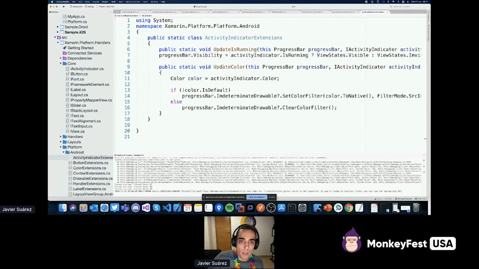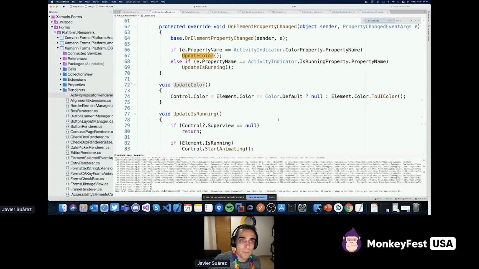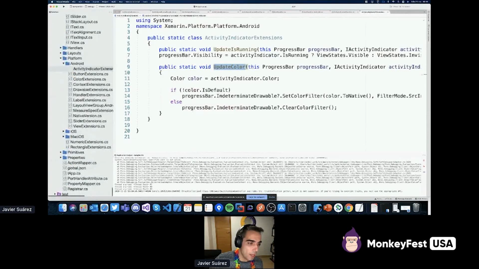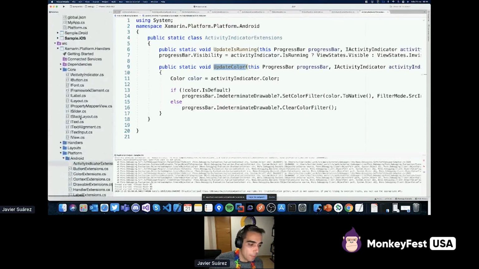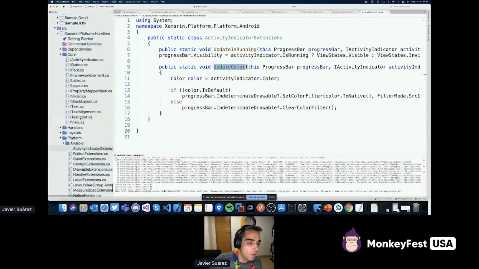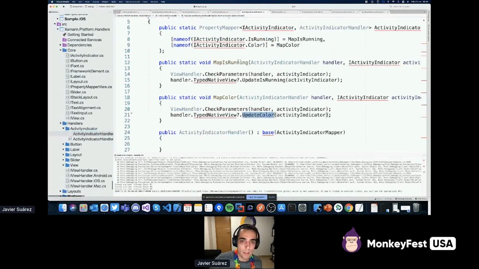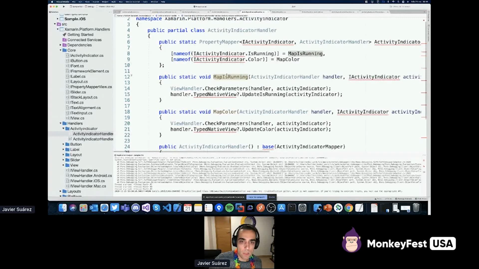So if you take a look at what I have here in update color, if I go to the activity indicator renderer, we are doing exactly the same that we are doing here in update is running and update color. We are moving that to these extension methods. These extension methods are used by the public static method that is invoked by the mapper. So it's here in handler activity indicator. We are mapping is running with this map is running property, and this is invoking the update is running extension method. So we are just reorganizing things,